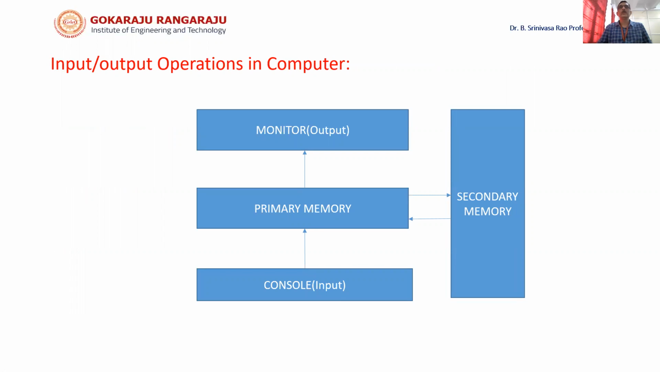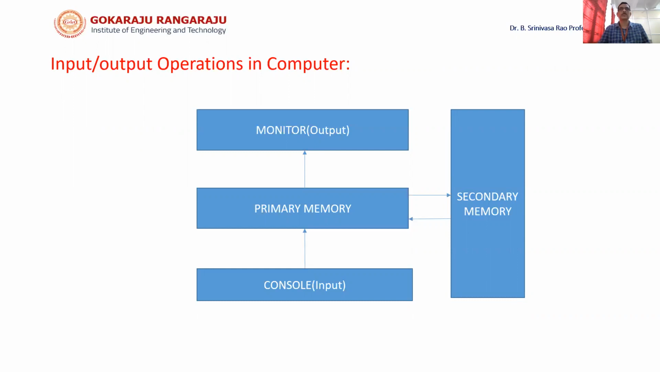Now, here we are seeing a diagram of how the input and output operations are performed in a computer. For understanding purposes, if you look into this diagram, we are seeing components like the monitor, which is also known as output. The second one is primary memory. The third one is console or input. And on the left-hand side, vertically, there is another box known as secondary memory. Now the arrows show how the data flows from one place to another, or how the input and output